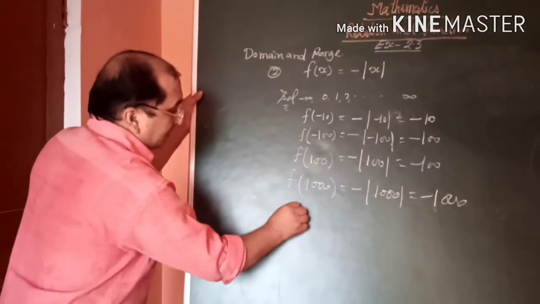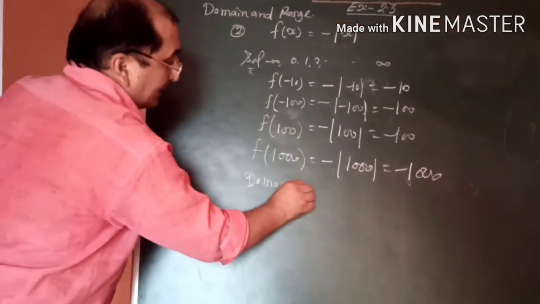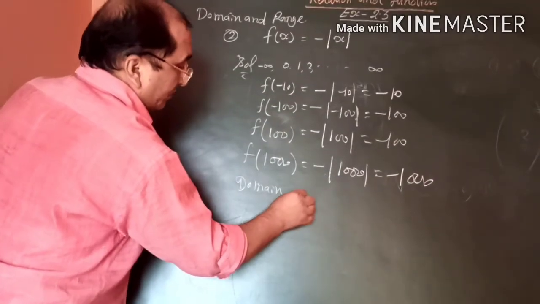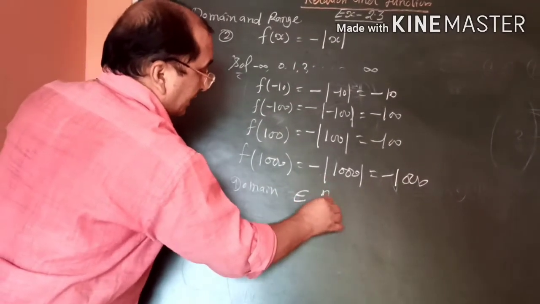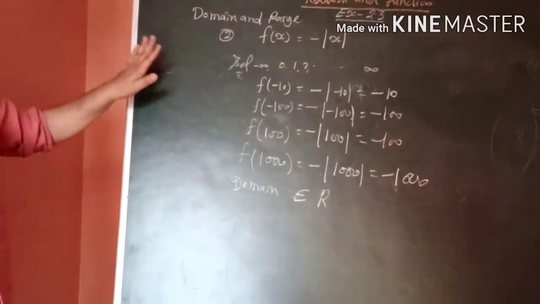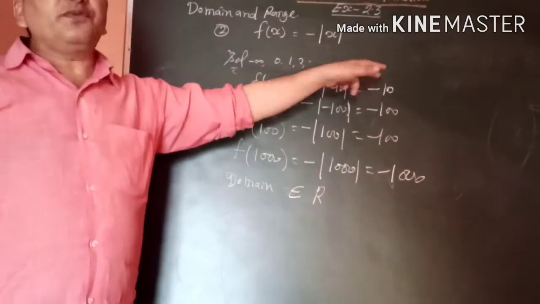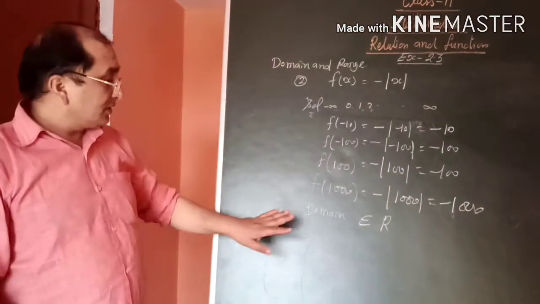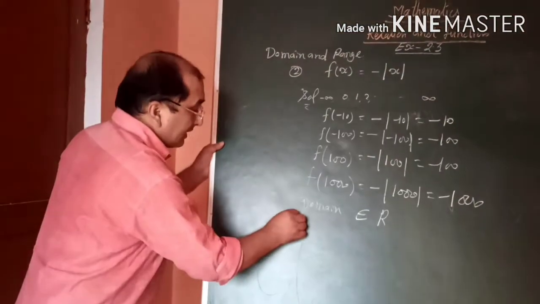So the domain of this function is all real numbers. The domain belongs to all real numbers. Why? Because we can put different values in the domain, from minus infinity to plus infinity, all real numbers. So the domain is the real numbers, and the range,